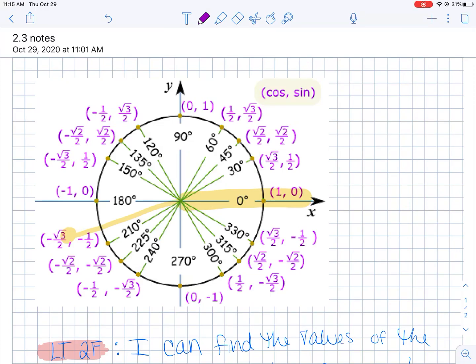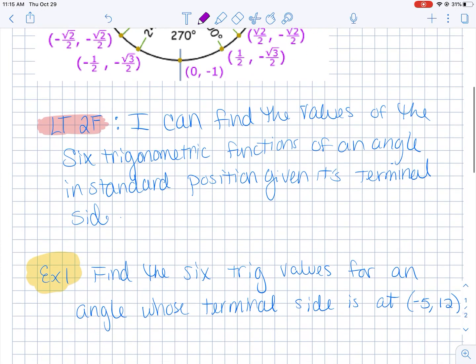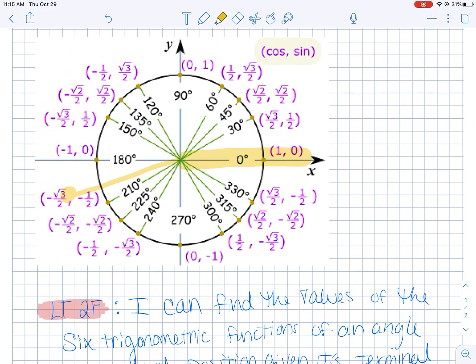Hey guys, today we're going to talk about finding the values of the 6 trigonometric functions of an angle that's in standard position if we're just given its terminal side. Last time we looked at angles that are on the unit circle, but now we are going to look at angles that start at 0 and then they give us a point where they end, so maybe out here somewhere. And from that point, we can calculate what the different values would be for sine, cosine, tangent, cotangent, secant,